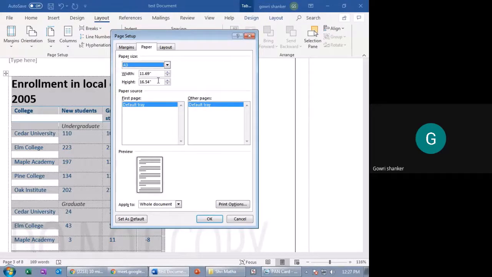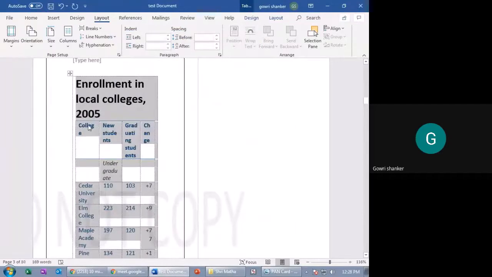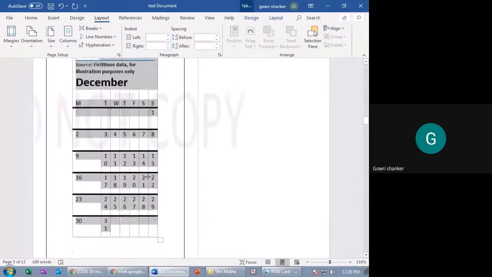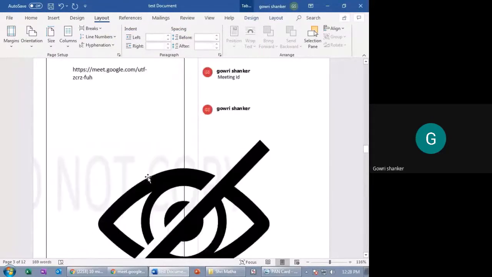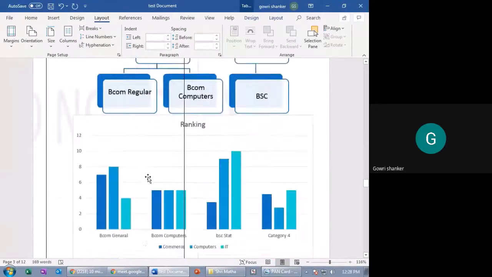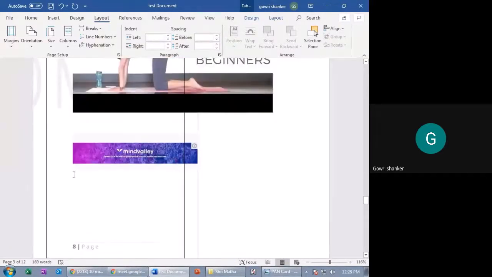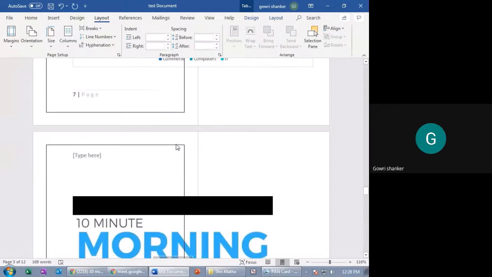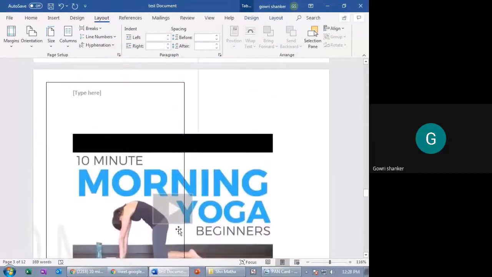You can fold up to 4 to 5 times, right? That print also you can take. And A3 default width is 11.69, height is 16.54. By default, it will be there in any system. Okay. Next, you have different envelope sizes also, you can see, right? Envelope size. If you select this, okay, you can see this is the envelope size, where you can fold and insert in an envelope and send it to your concerned address. Envelope size means the print will take only up to this border. This is envelope size. Okay.